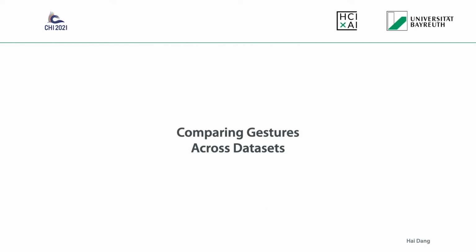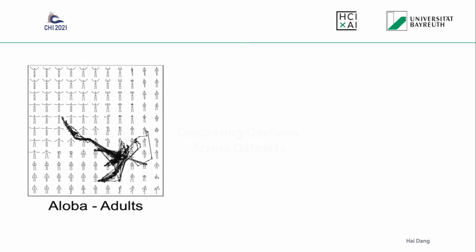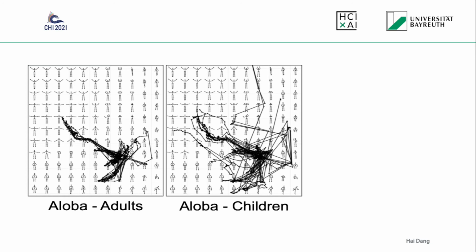GestureMap also enables the analysis across user studies conducted by different groups. For example, let's consider a study that investigated the movement differences between adults and children. Here we can see the embedded gesture path of different adults performing the jumping jack movement. We can see that these paths are fairly compact, so we can reason that the adults have good control over their body movements. Now when we look at grade school children, we see that the paths are not as compact as in the previous example, and in fact, grade schoolers seem to show more variation in their movements.